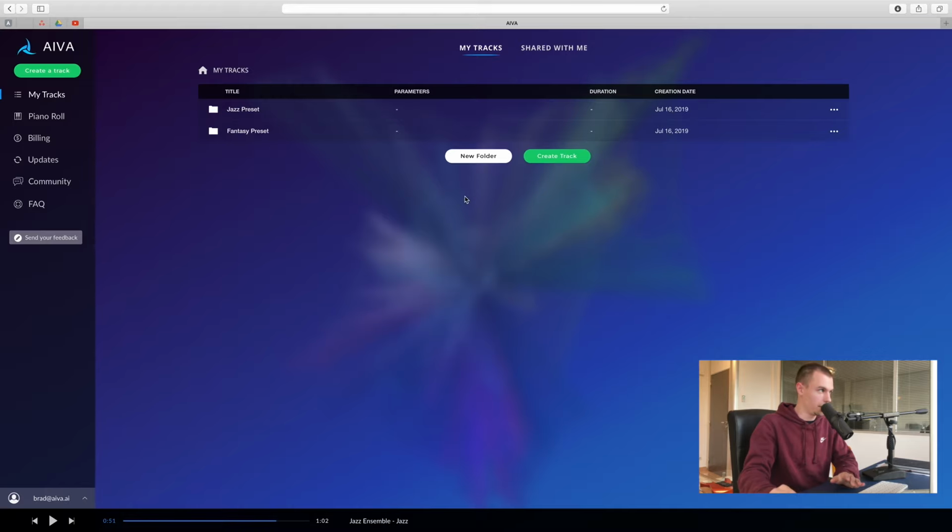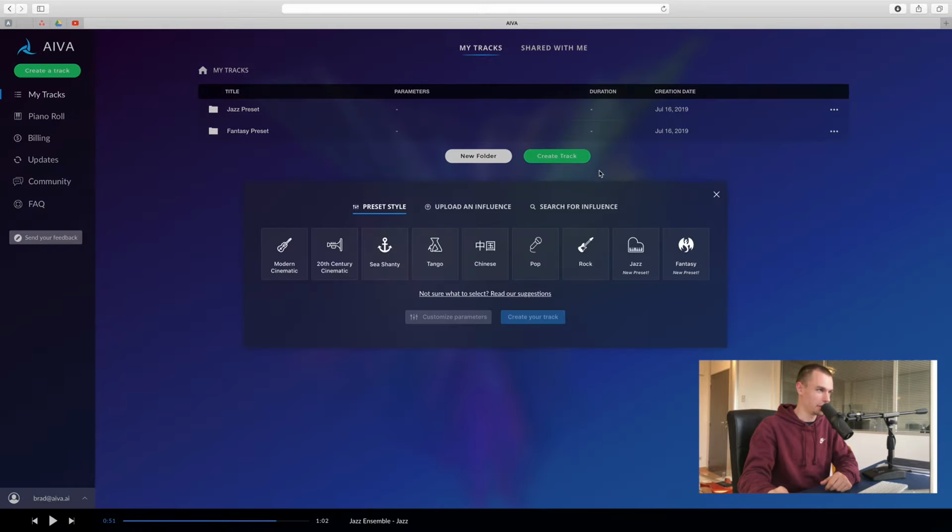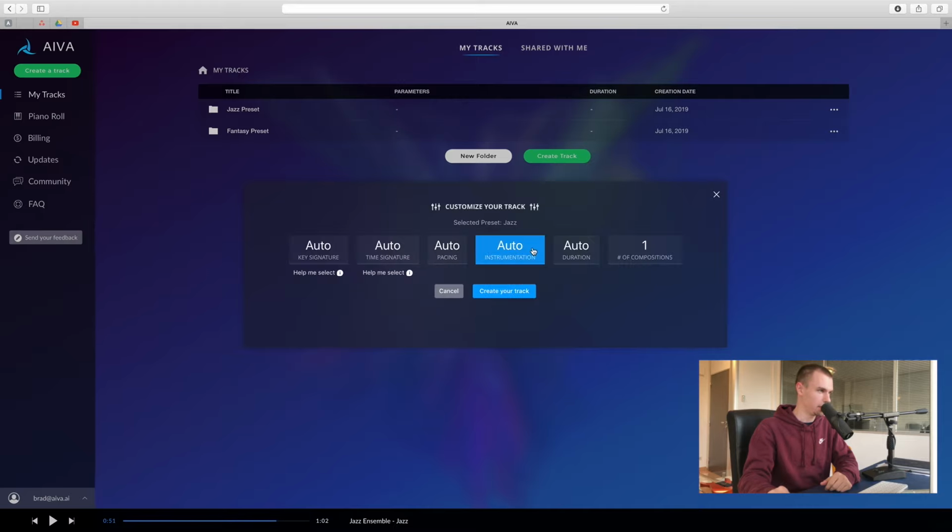So I'm going to start with the Jazz preset, and if you're someone who at this point in time still doesn't know where to find that, you can click Create Track. Here's all your presets, and Jazz is one of those new presets. And if you click that, click Customize Parameters, I just want to show you we've got a few ensembles here,